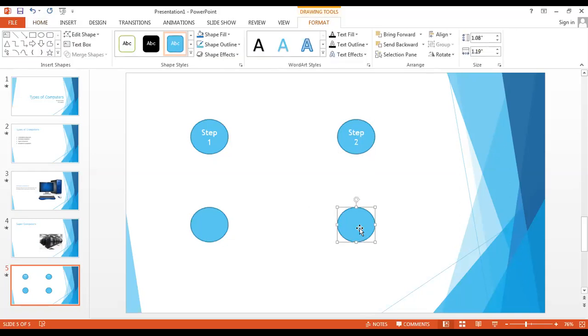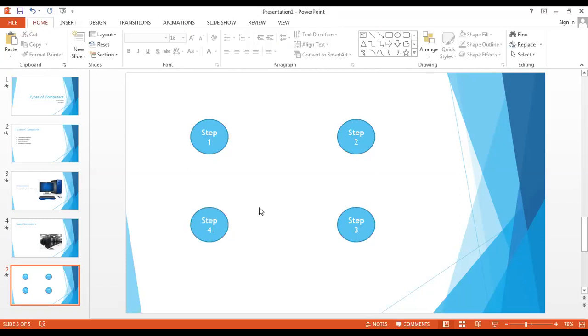This one is step 3, and this one is step 4. So I want to move these objects on one another, as in the animations.